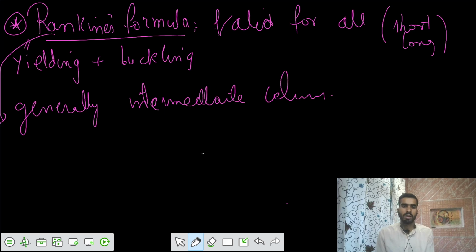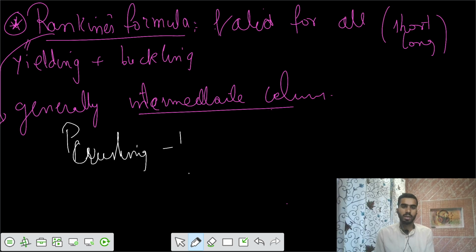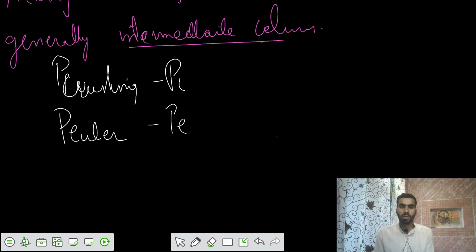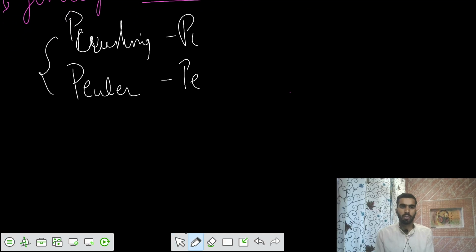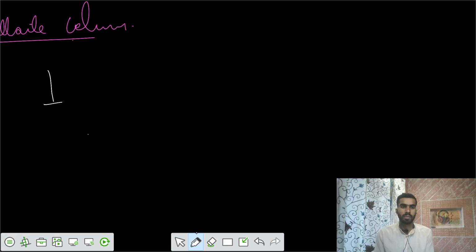Generally we are using it for the intermediate columns. So that means there should be some relation between what you call the crushing load. There should be some crushing load PC, and there should be some Euler's load PE, and overall of these would give me some value of failure load also, a combination of those. So there's some equation that connects these three. I write the equation in terms of this one: 1 by P failure equals 1 by P crushing plus